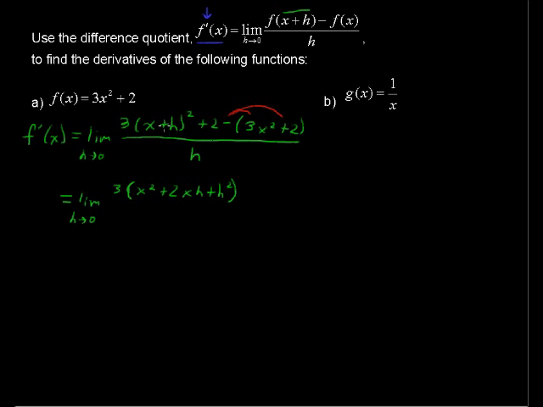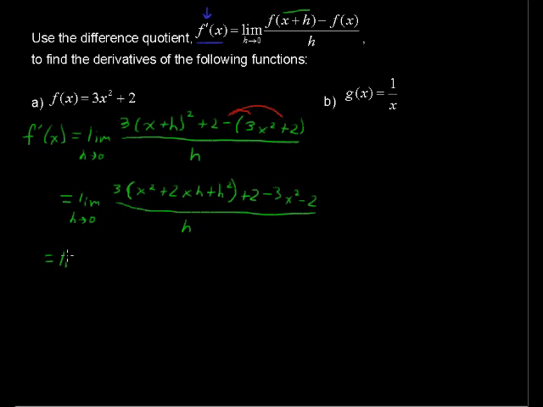We do order of operations. Exponents first, so that's just FOIL. X plus h times x plus h. Plus the 2, it's still there. That was this 2. Minus 3x squared minus 2 from minus the function. All over h still